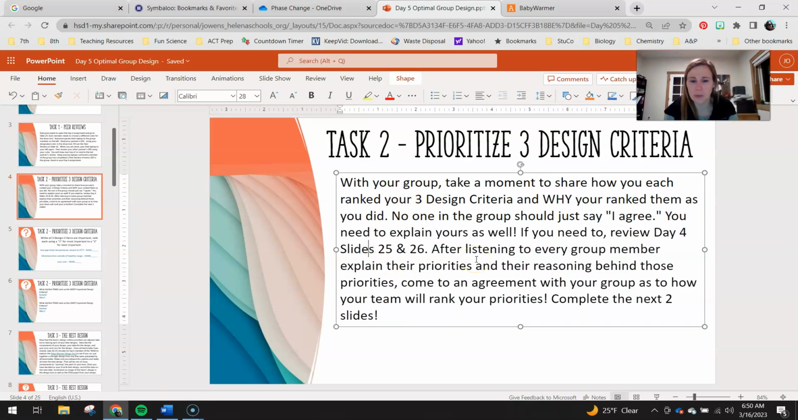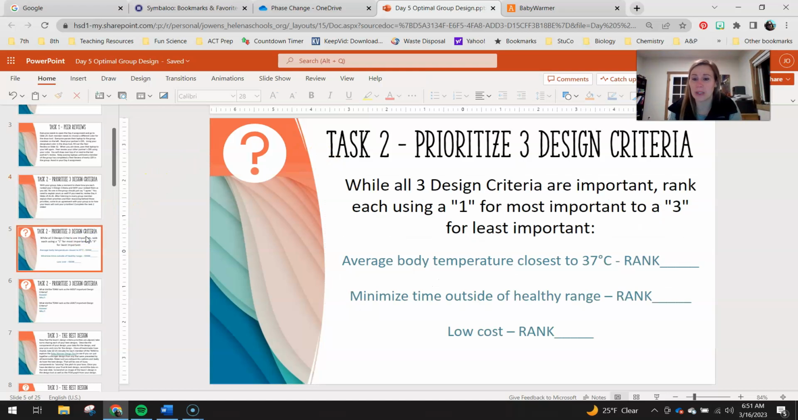After listening to every group member explain your priorities and their reasoning behind those priorities, you guys need to reach an agreement on what your team's priorities are going to be, okay? That needs to be something that everyone is in agreement with. Otherwise, your designs from here on aren't going to line up with each other. Okay, once you've figured out what your priorities as a team are going to be, go ahead